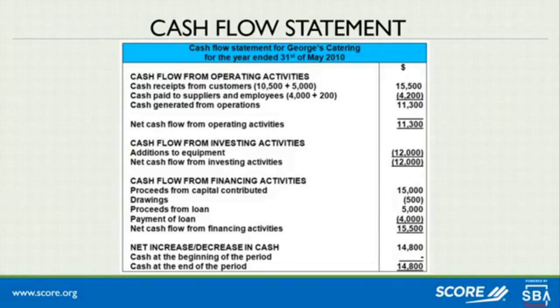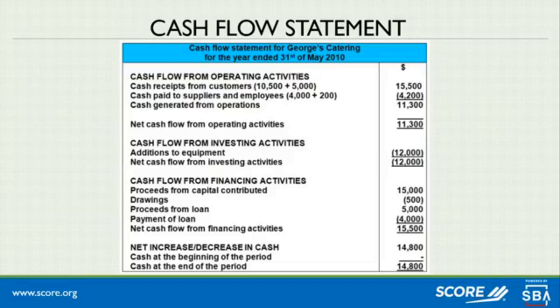That $10,000 would drop right onto your cash flow statement there. Any drawings of financial activity would be a reduction of that. Proceeds from a loan. So if you get the EIDL loan or the PPP loan, this is where it would go. It would go into your financing activities. And any payment that you make against that loan or any other loan that you may have comes out of this line. And so you can calculate what the net cash flow from these financial activities is.